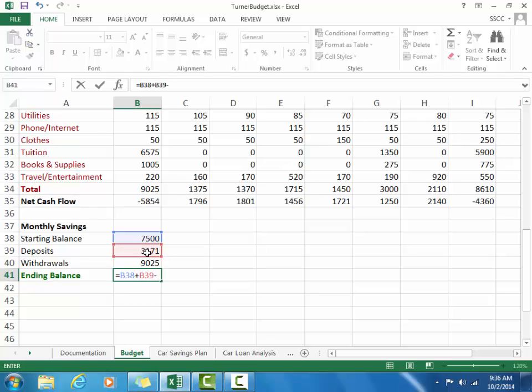type minus, click B40. Okay, and then accept your formula. This formula calculates the ending balance for the savings account, which is equal to the starting balance plus any deposits minus the withdrawals and transfers. Alright, so you should have a display there of 1646 as your projected savings account balance at the end of January. You're going to select the range